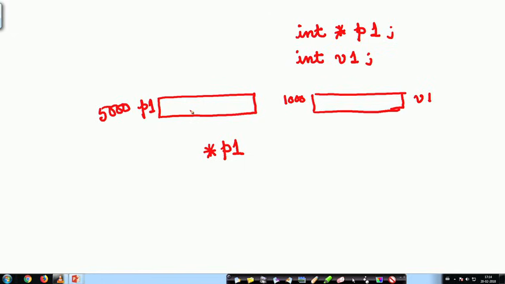Now, if I make P1 point to V1, what will that be? The content of P1 should be assigned &V1. &V1 will give me the address of this, and the content of P1 will get that. So, this 1000 will be written over here. That means this pointer is pointing to this V1. I will not go into further details right now. We will come to this as and when the context comes later.